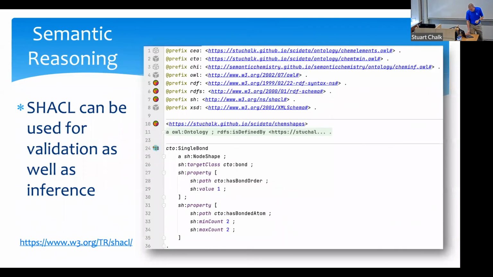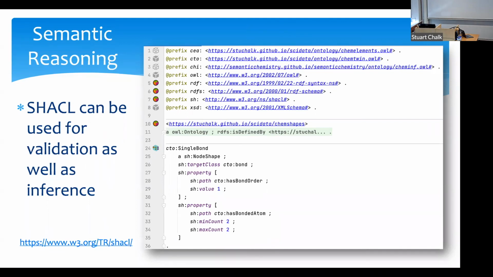So I bring that up because what I want to use now is called SHACL. SHACL is a newer specification that the W3C has put out about RDF. And the idea is that SHACL is nominally a validation tool. So the idea is that you write what's called a node shape, this whole thing here, to validate a particular structure of triples that you have in your triple store. So for instance, this node shape is trying to represent a single bond.